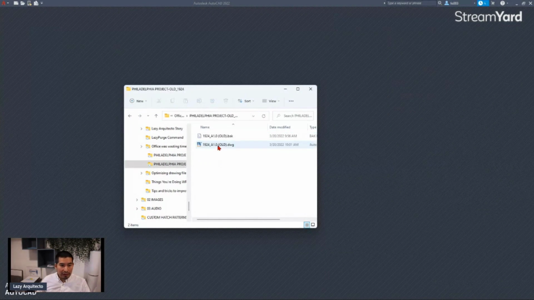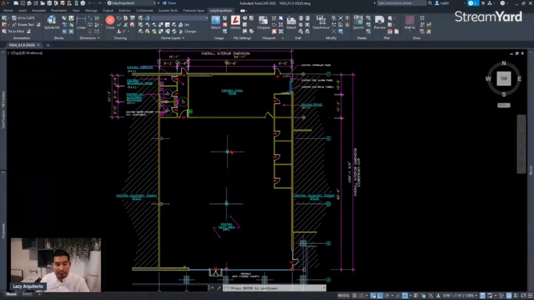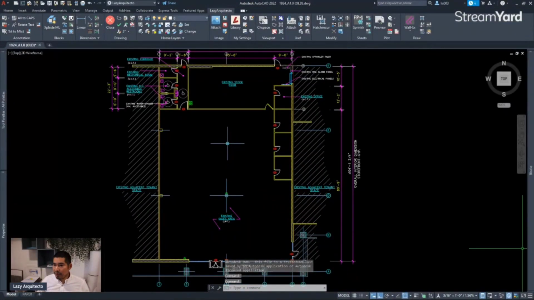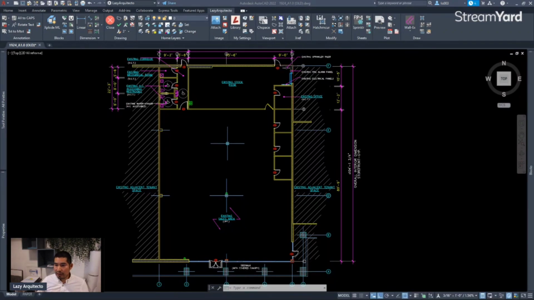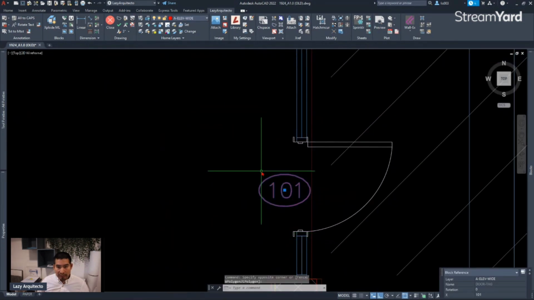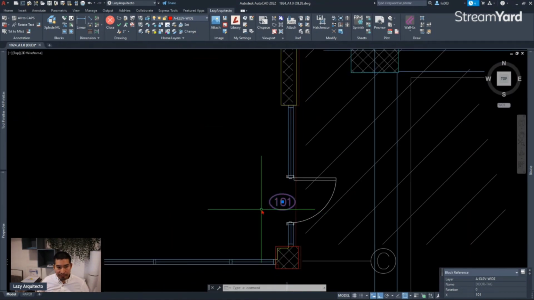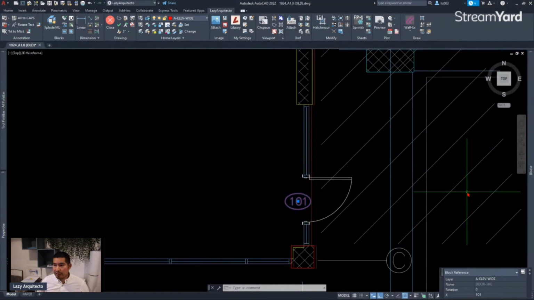So I'm gonna open the old drawing that my client was using, and one of the first things that I did was, before doing anything else, I inspected his door tag block to see if there are any issues with the geometry and so on. So that's what we did. So I inspected the block. This is the door tag that my client was using. As you can see, the name is door tag. And in order to inspect it,